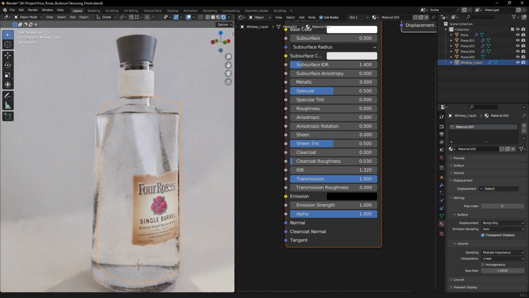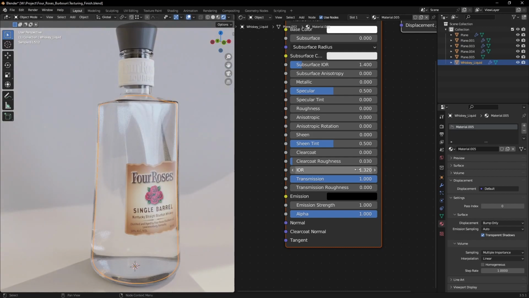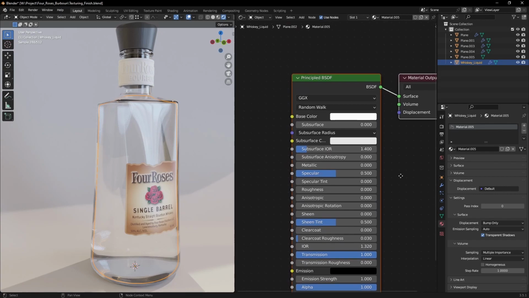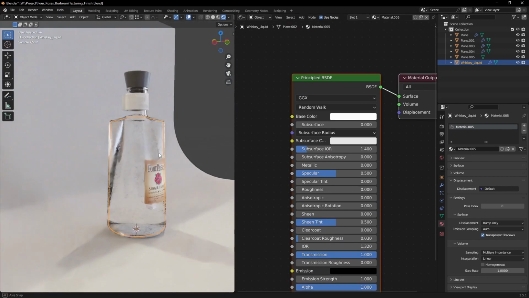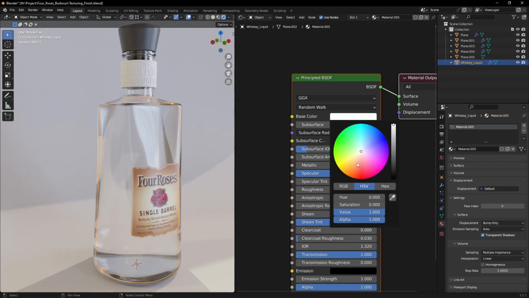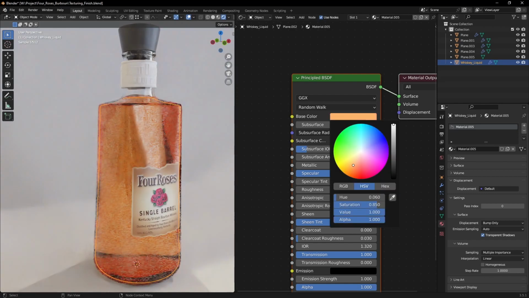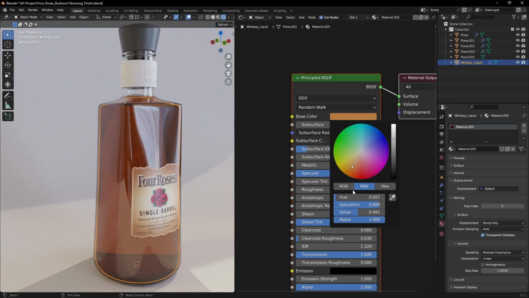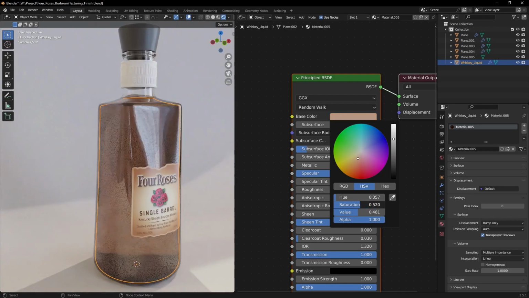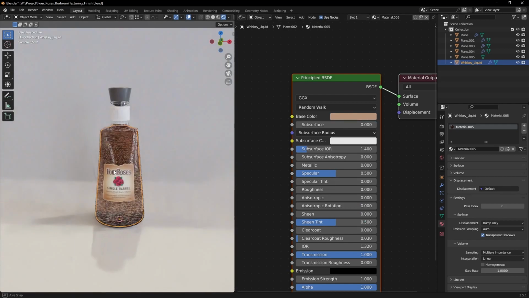Basically, whiskey and most liquids have an IOR value of around 1.3. Now, to make it look more like whiskey, we can do a few things. The easiest one is to take the base color and just introduce some red. And we need to bring down the values. Okay, it's going to take some time to nail the color that we're going for, but keep in mind the way